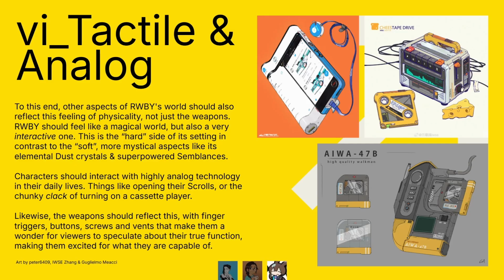So characters should interact with highly analog technology in their daily lives, things like the scrolls that they interact with, or the chunky clack of turning on a cassette player. Likewise, of course, the weapons should reflect this, and in fact be the most prominent example of this, with finger triggers, buttons, screws, and vents. Of course, many different sounds and functions that make them a wonder for viewers to speculate about what they can do and what their function is, making them excited to see what they're capable of,